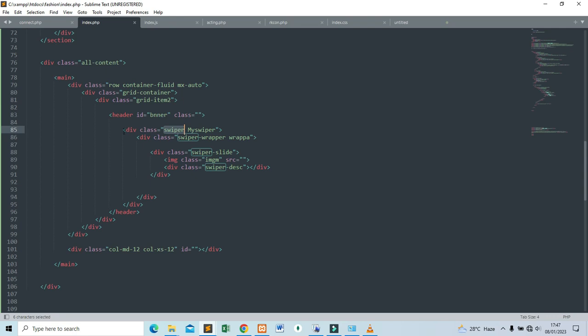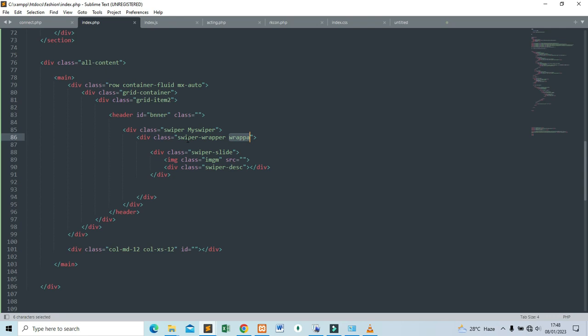So I just copied this snippet, this code, majorly from their library, and then I edit where necessary to fit into my own project. Like for this sweeper now, I added it as another class because I'll be using it. And this wrapper too, I added this because I'm using it. The sweeper wrapper came from the sweeper library, because there are some stylings that have been given to this sweeper wrapper, and in their JS